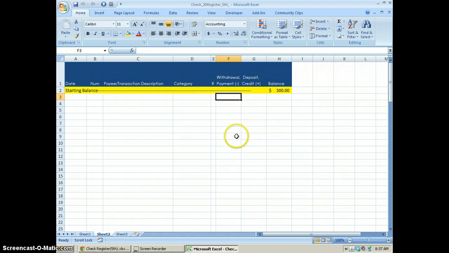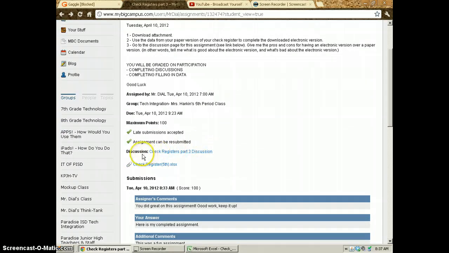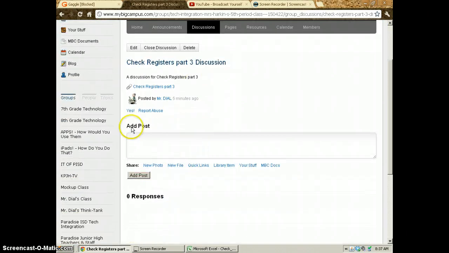Just ask yourself those questions, and then after you do that, you're going to come back over to My Big Campus, and right here where it says Discussion, Check Registers Part 3, you're going to click on that, and it will take you to the Discussions page. And right here, under Add Post, you're going to write the differences, or you're going to compare the check register that you created on the Excel versus the paper version that you had